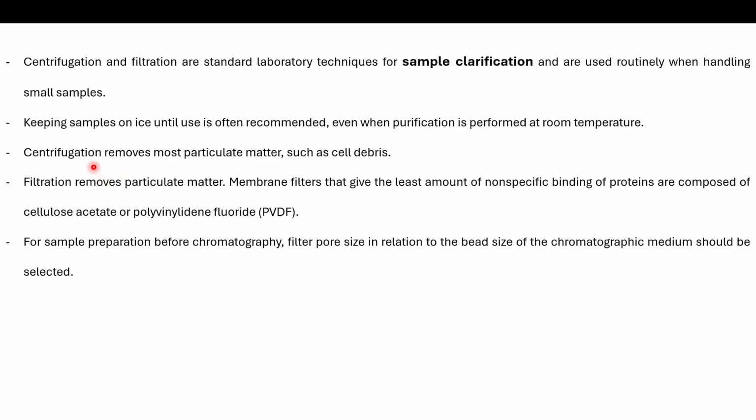And when you centrifuge, as we saw earlier, it is able to remove most of the particulate matter like cell debris, and filtration can remove particulate matter. Membrane filters that give the least amount of non-specific binding of proteins are composed of cellulose acetate or polyvinyl fluoride. Either you do centrifugation, simply separating out the pellet and the supernatant, or